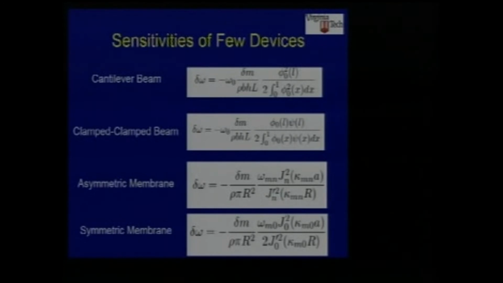You want to avoid the mass going at a node, because if you have a node, then the phi 0 of that location is going to be 0, so there's no sensitivity. Now, if you chose a system anyway, say a nanowire, and you want the frequency, if you go